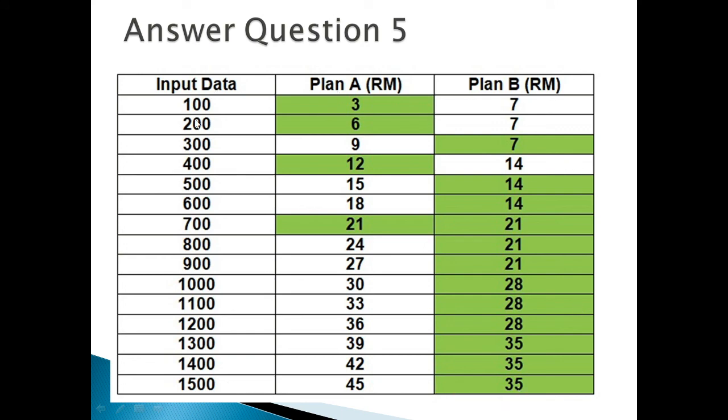These are no problems for this part. But for others, how to create the formula? Let's say for 500, how to get 14? Because if you use the same formula, 500 divided by 300, you get a decimal number. How to get 14? When it's 600 divided by 300, you will get 2. 2 times 7, you get 14.